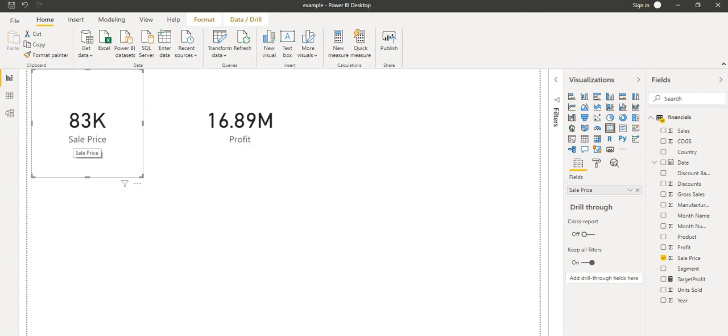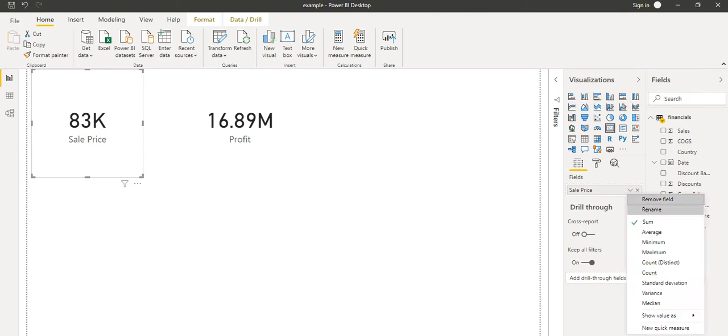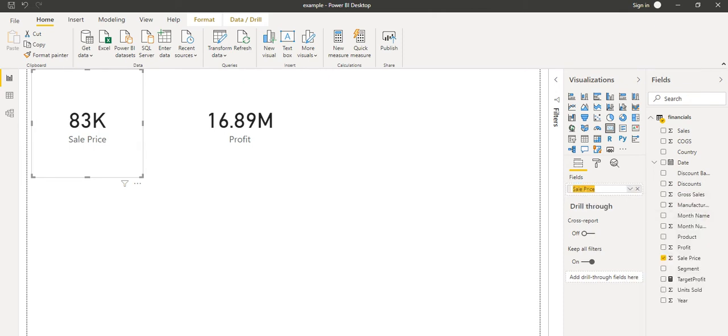If we want to rename it to something else, like financial sales price, I will write it. So we can change the text as well. When we hit enter, we can see the text has changed to financial sales price. In that way we can do the formatting over this.